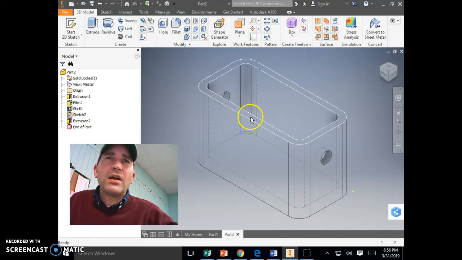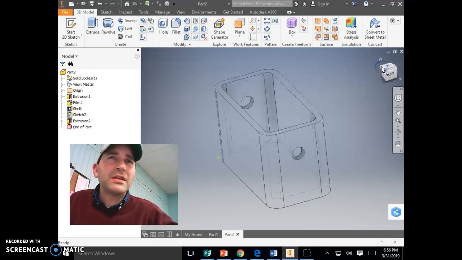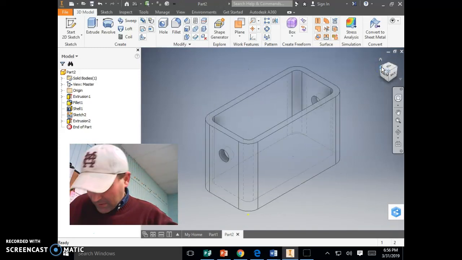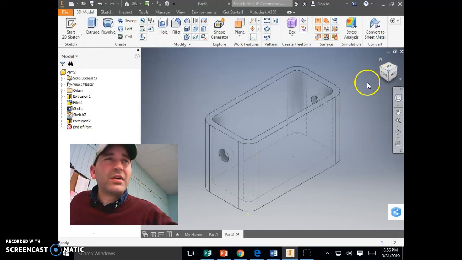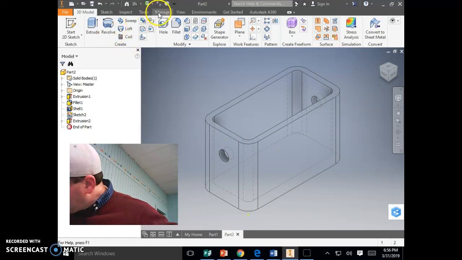So now you see how I've got a hole that cuts all the way through, all the way around, like that. And sometimes I like to click on the top corners. That way, if you just keep clicking that corner at the top on your view cube, you can see the thing go around a little better. So click OK. Now guess what? It's still a wireframe, so we need to go back and change the view,